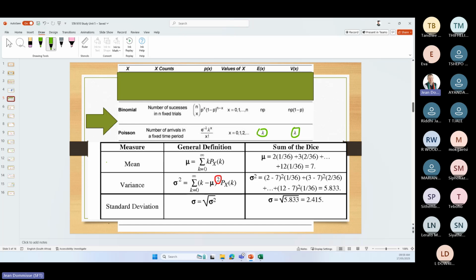Where it does become a bit more tricky is when it is the discrete one, where we nearly need to work it out, like we would have close enough to where we were in study unit 3, just with a bit of a difference, but it does take time. So when we look at the discrete variable, it does take a bit more time to work out the mean and the variance.